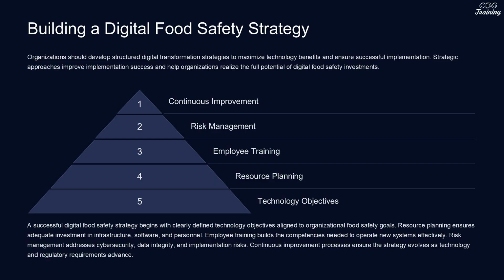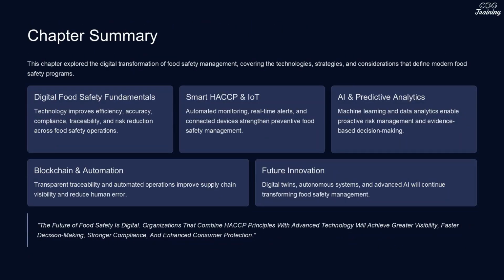Employee training builds the competencies needed to operate new systems effectively. Risk management addresses potential data integrity and implementation risks. Continuous improvement processes ensure the strategy evolves as technology and regulatory requirements advance. This chapter explored the digital transformation of food safety management, covering the technologies, strategies, and considerations that define modern food